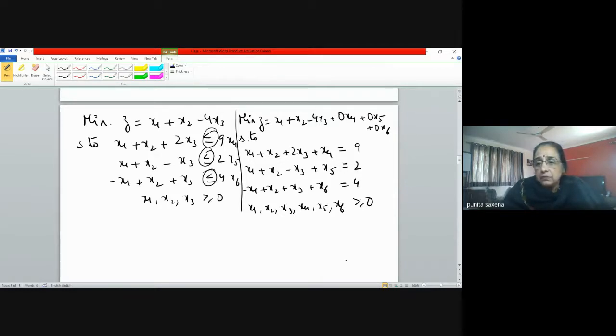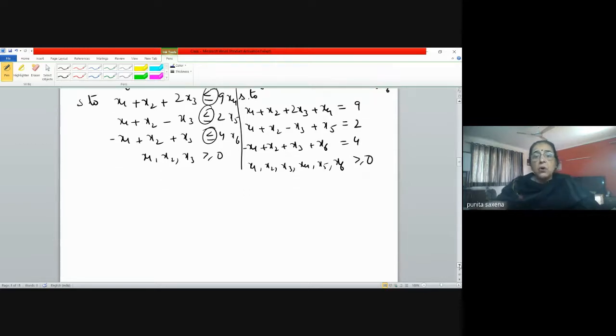Okay. Now what I am going to do is make a table, which is called the simplex table, and this will be my initial table. Some books call it table 0 or initial table because we are not performing any iteration here. We'll just be gathering this information from the problem itself in the form of a table and identifying our first set of basic and non-basic variables. That's why it is also called the initial basic feasible solution or the initial table or table 0. You may call it anything.